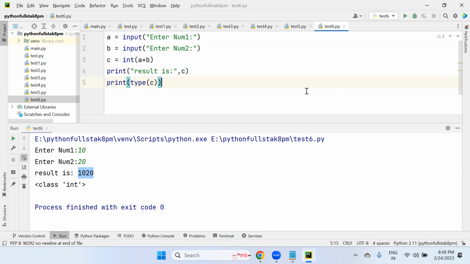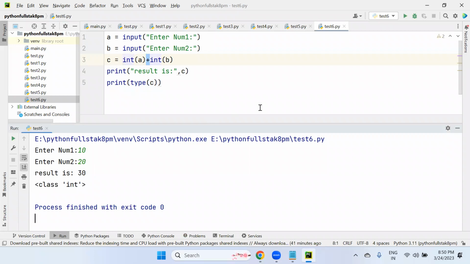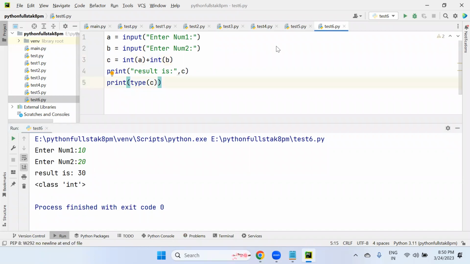Got my point? So here the values are already coming and adding together, A plus B, 10, 20. 10, 20 is integer type only. Yes, it is. But I don't want separate conversion afterwards; I need to make them integers first. Then both integers are added. This is called arithmetic addition now. So it makes sense. This is about data type conversion and specification.